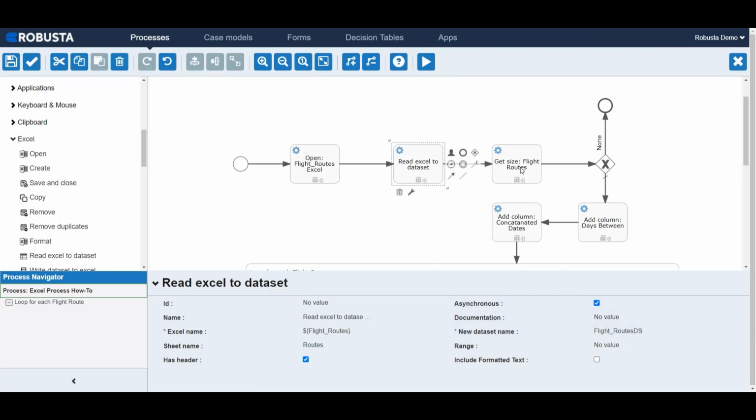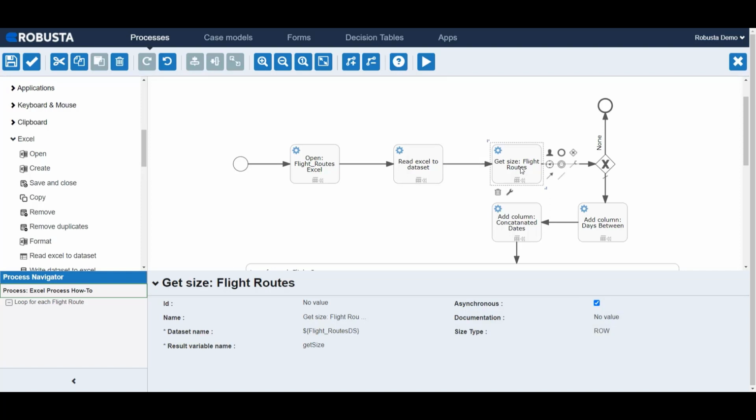In the next step, we got the row count of the dataset with the getSize activity. After selecting the dataset from the list in the dataset name field, we chose the row option in the size type field because we want the number of rows to be counted. Then, in the result variable name field, we defined the variable that we want to assign the row count value